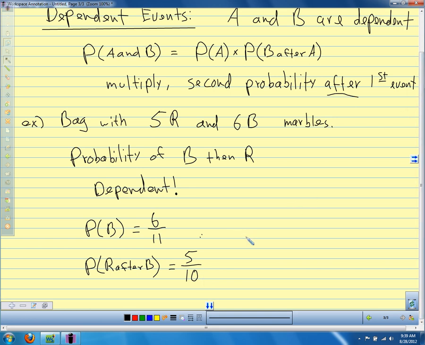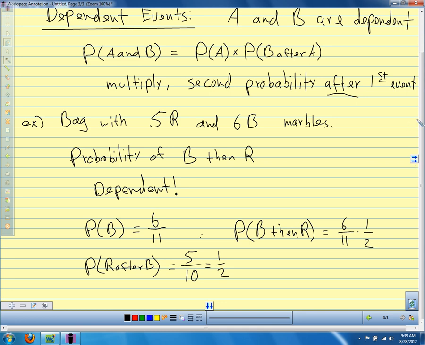So our probability of blue, then red, we still multiply, but we use this second probability after the first thing happens. So we get 6 over 11. I'm going to reduce 5 over 10. How can I reduce this? 1/2. Good? Yes? So,